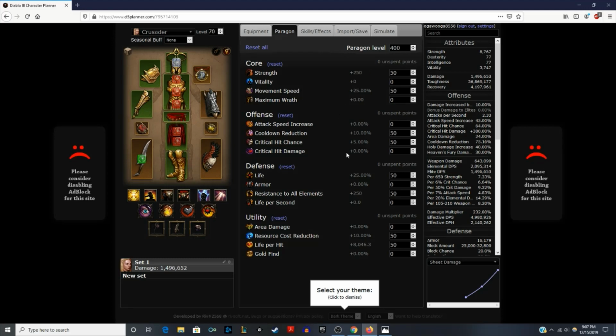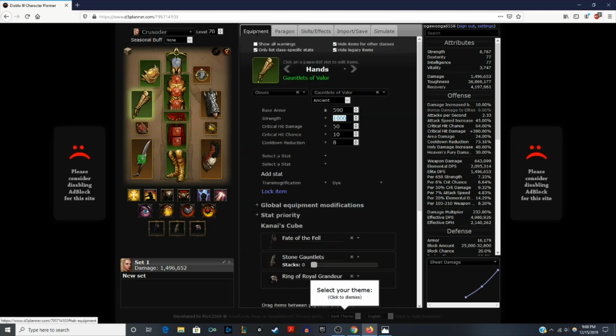Of course, if you're getting to a higher Paragon level, you're going to have most of these maxed out. So hope you guys enjoyed that quick run through of a slight variation of the Valor Heaven's Fury build that is more focused on survivability and is pretty nice to use, that allows a casual player to do greater rift